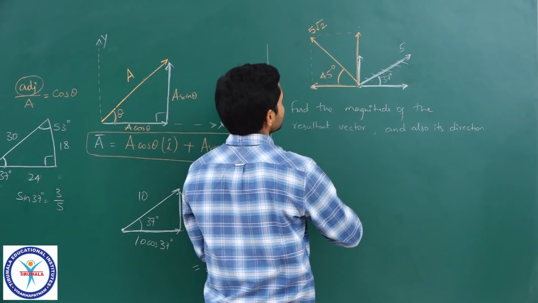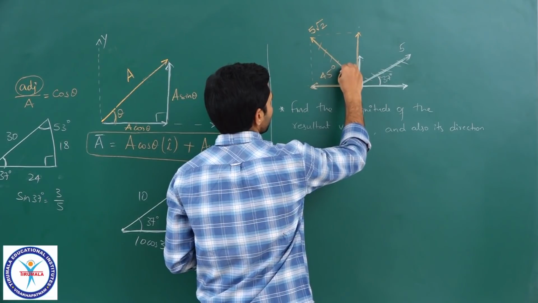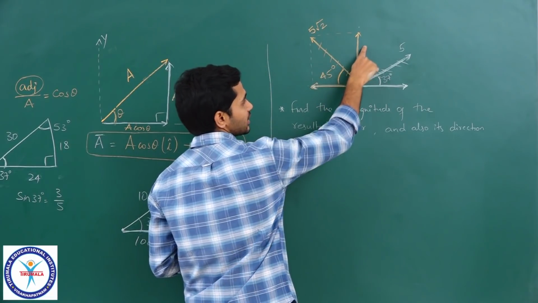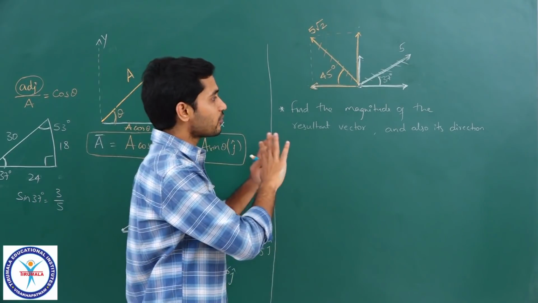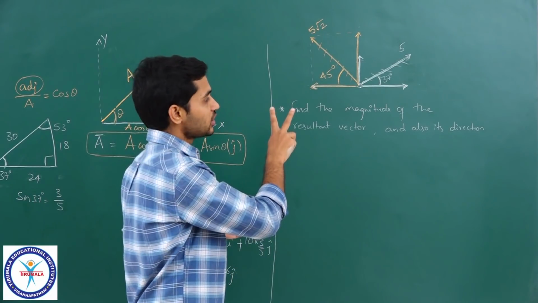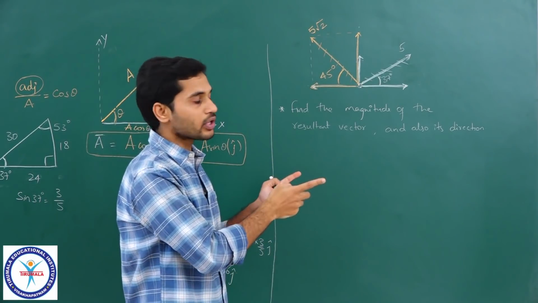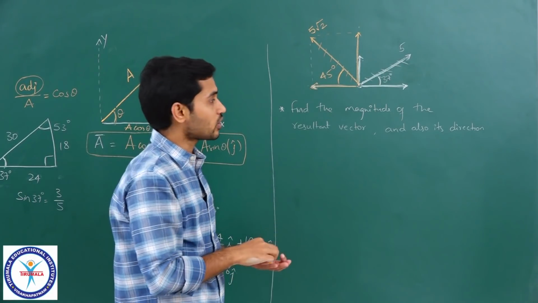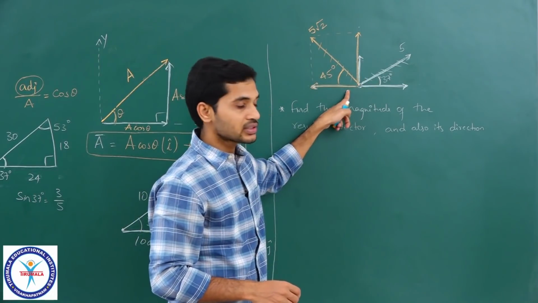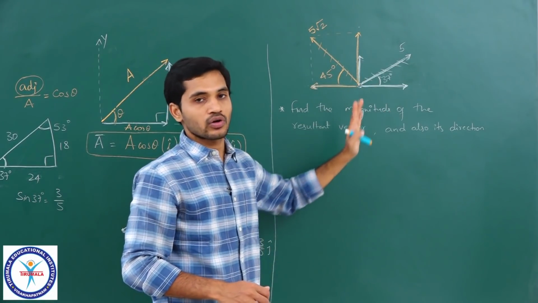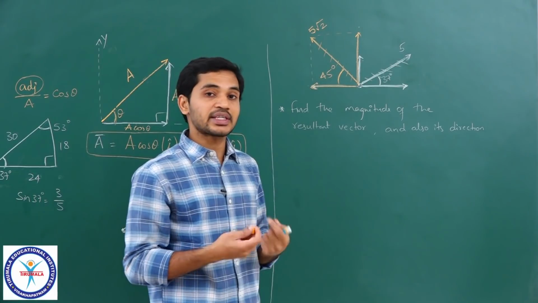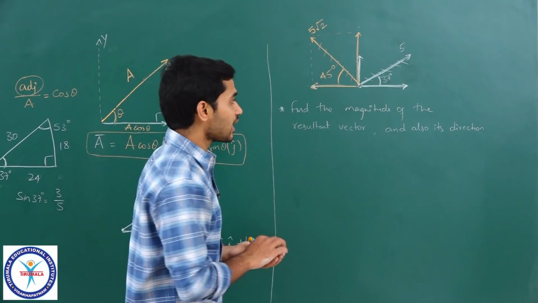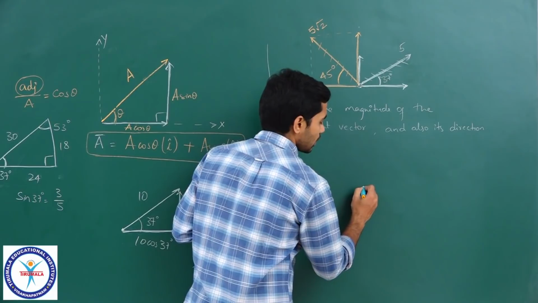So now if I have broken this down into two components, you can see that this is one vector and this is the other vector. Now we have four vectors. We initially had two, after breaking them down now I have four. But the idea of addition becomes very simple now, because all these four vectors are either along x or along y, right? So that makes addition very simple, right? You can easily add them. Let's see how to do that.